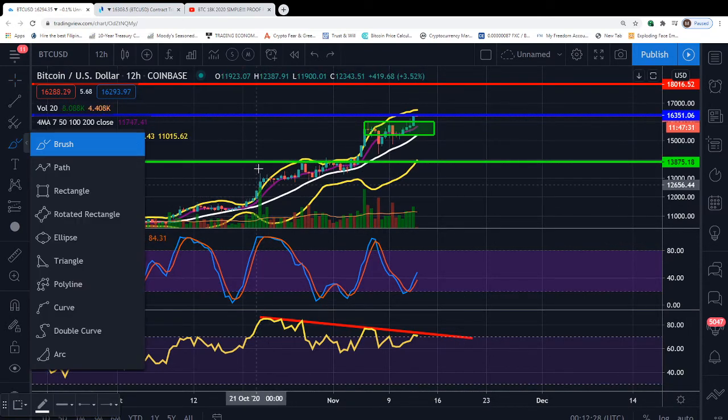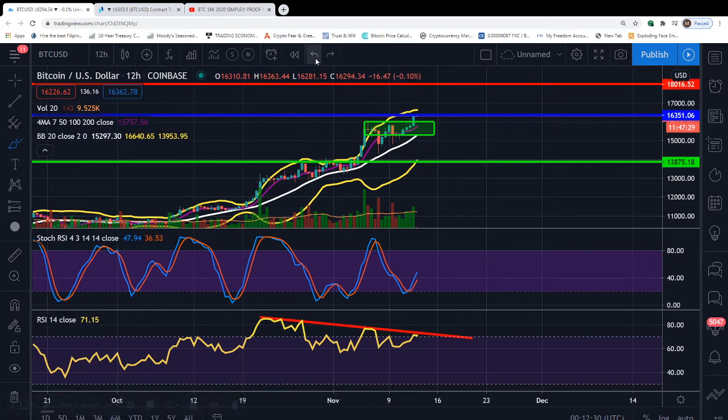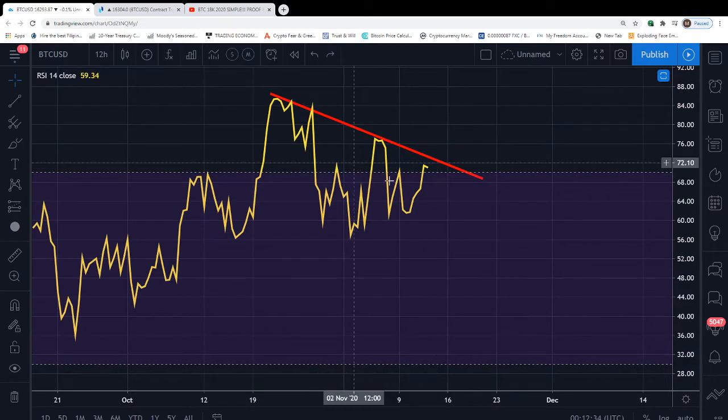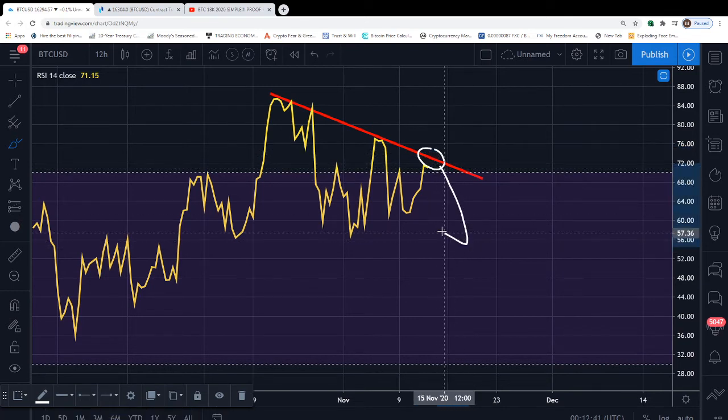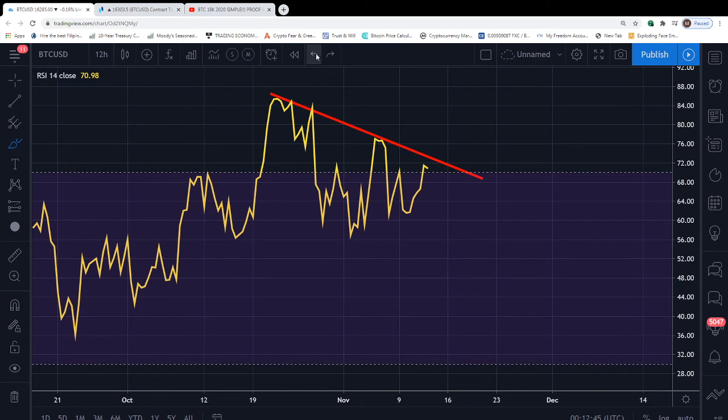So that means that BTC probably is going to get another test or breach on the RSI here on this descending line. Now, will that be enough to actually reverse the trend and send the price and the RSI to the downside is the question. I'm not sure at this particular time. I need more price action to determine that. But what I will say is